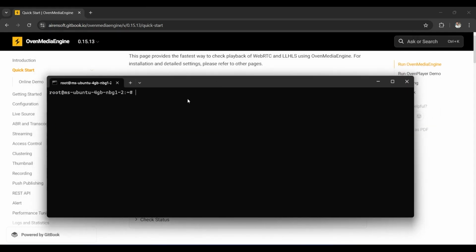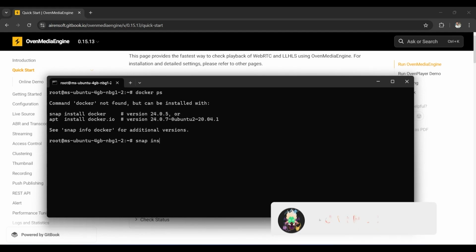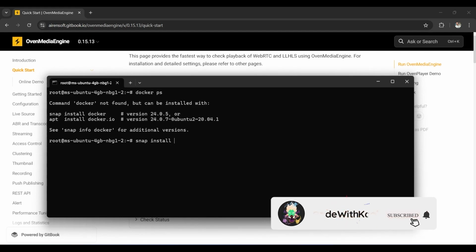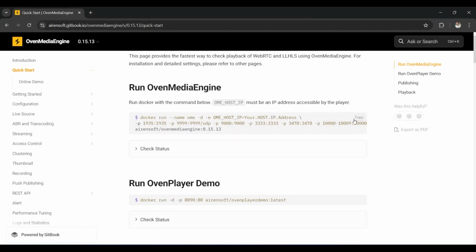And then first you have to make sure that you have installed Docker. You can see I don't have it here because my VPS is brand new. I'll write snap install docker. Pretty much straightforward. Okay, so after this is installed, you just have to write these commands inside your terminal with